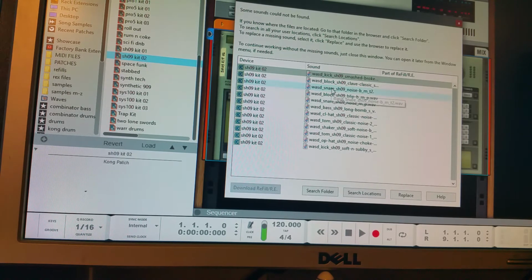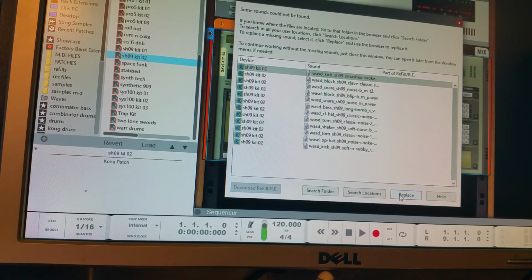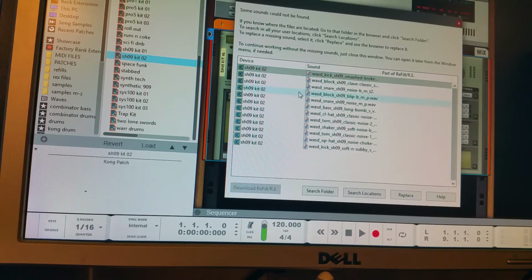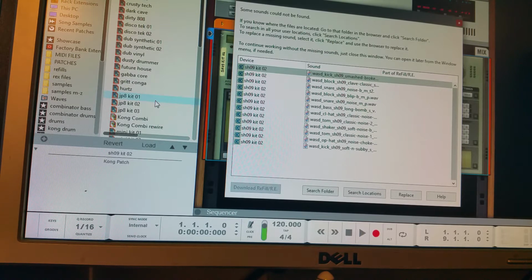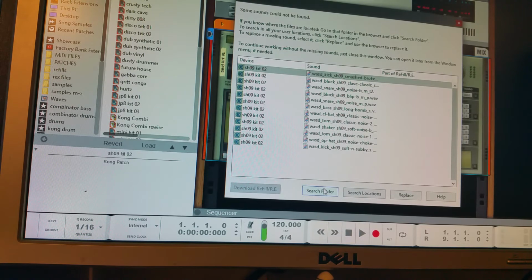there used to be a way, and I believe it was in like Reason 4 or something like that, that you could highlight all the missing samples, hit the replace button, go to that folder, and just highlight the exact same samples, and it will load up in 2 seconds, man. Now that protocol is gone. If you have to search through all the locations, you could be searching forever, or Reason's protocol will be searching forever. The best way that I figured out to do this in Reason 9.5